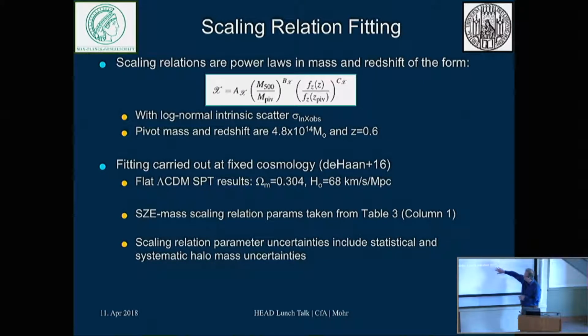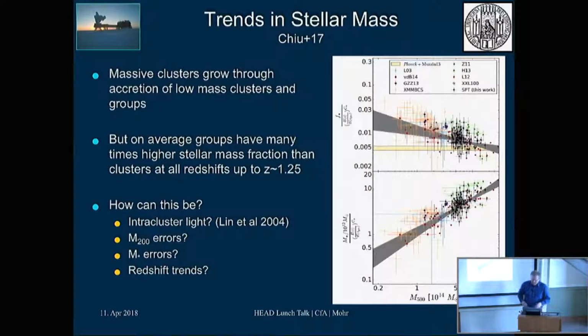Here are some other details. We're fixing cosmology, and we're including the scaling relation and halo mass uncertainties in the way that I've already described. Okay, then maybe some results. What did we find? We know that clusters are growing through the accretion of low mass clusters, subclusters and groups, and presumably also material falling in from around the clusters. We like to think, in a hierarchical structure formation context, of these massive systems being composed of the low mass systems. But you can see immediately that there are some issues with that.